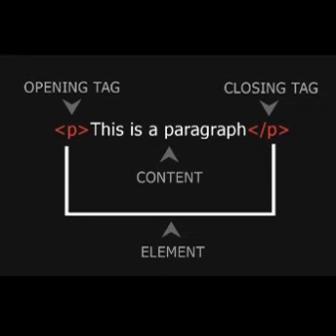Now we are going to learn about the paragraph tag. The P tag is the paragraph tag. It is a block level element and always starts on a new line. Whenever we give the P tag, the paragraph will start on a new line. Before and after each paragraph, the browser adds margin automatically.